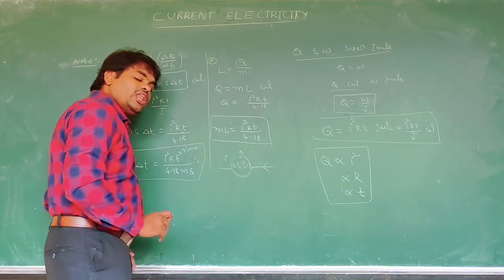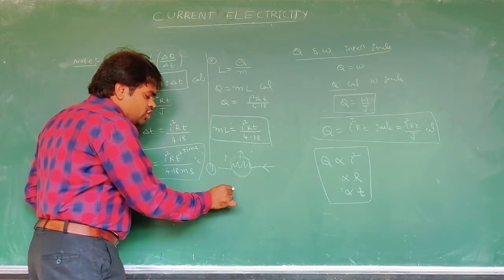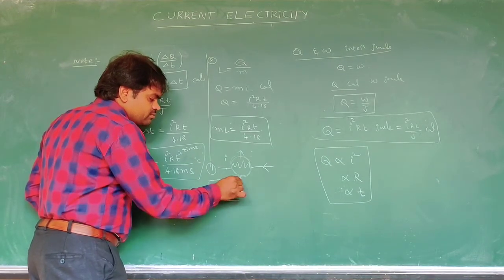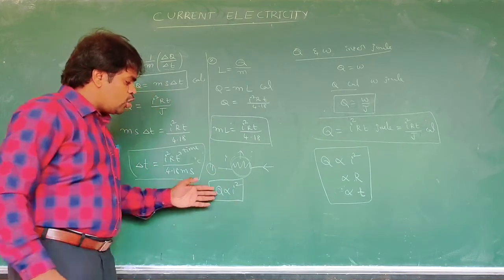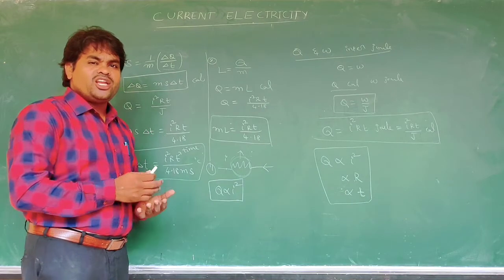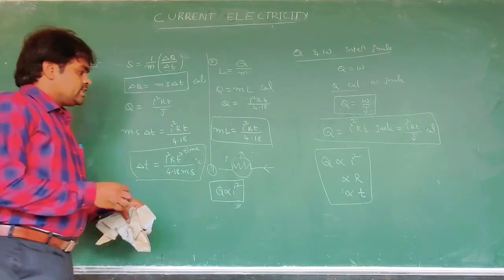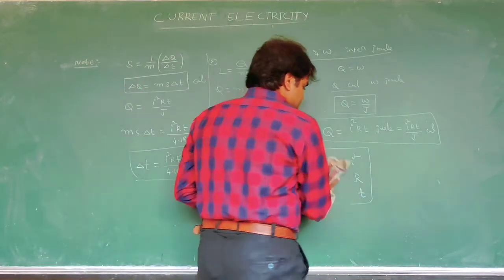That's why it is an irreversible process, and Q is proportional to I square. This Joule's law is applicable for both AC and DC currents. Now we are going to discuss